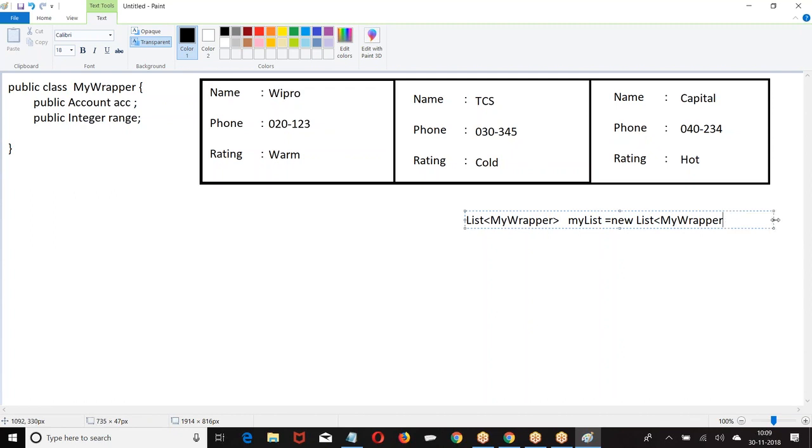My wrapper. Right. How do you take one by one record? For Account A, then for every account, I am creating one wrapper. My wrapper MW equal to new.